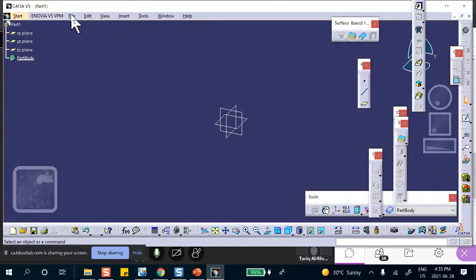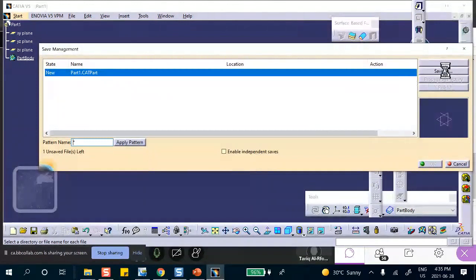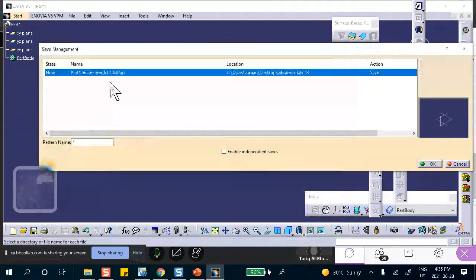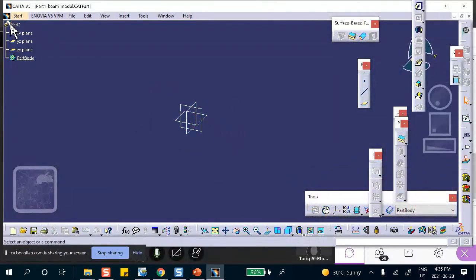And I'm going to immediately save it, file, save management, save as, same folder, but I'm going to give it a different name, model with beams. Beam model. Because I'm going to keep the original one. I don't want to destroy that. Otherwise, it overwrites it. You see how dangerous it is when you overwrite your own work in your own folder?